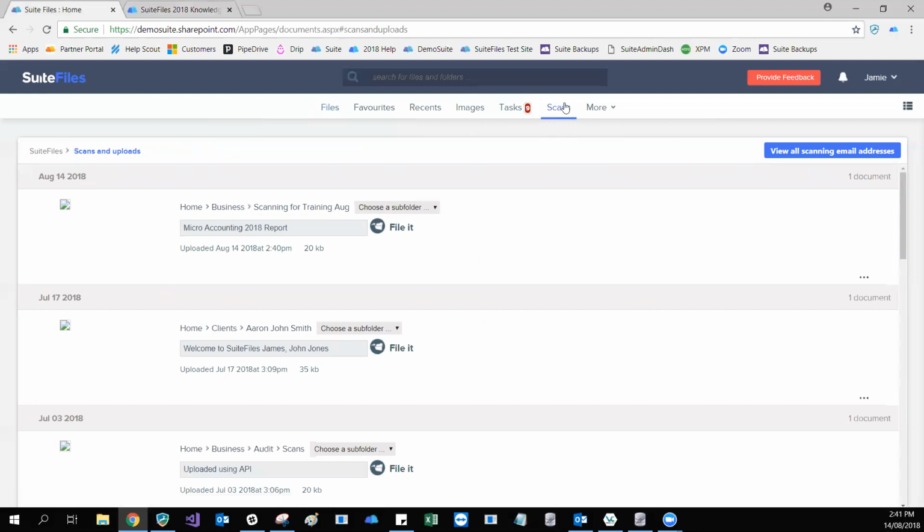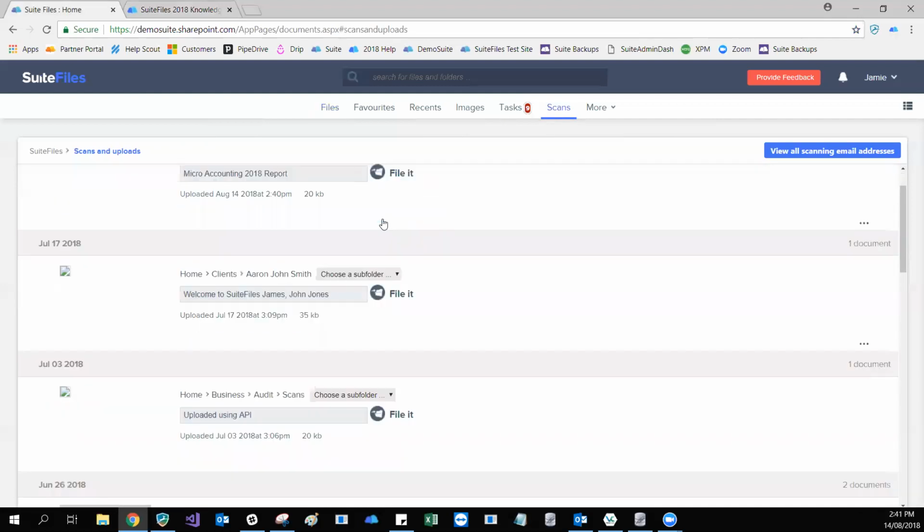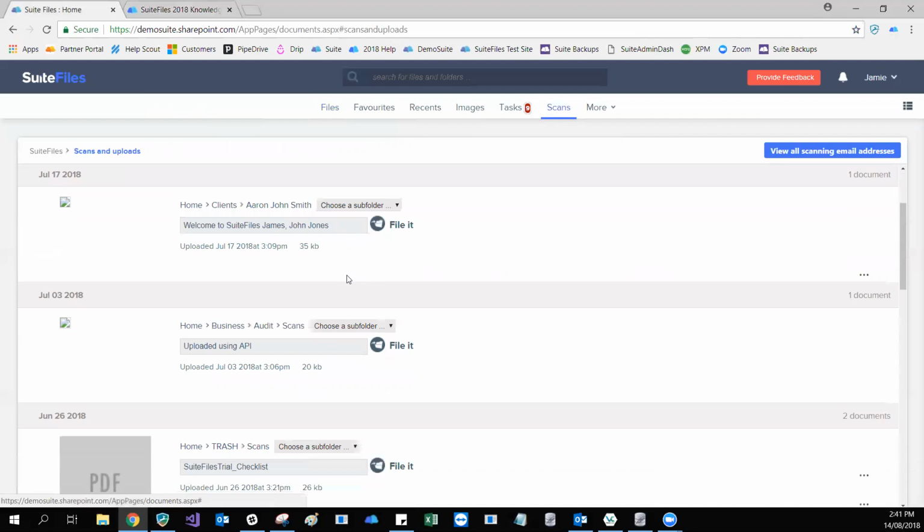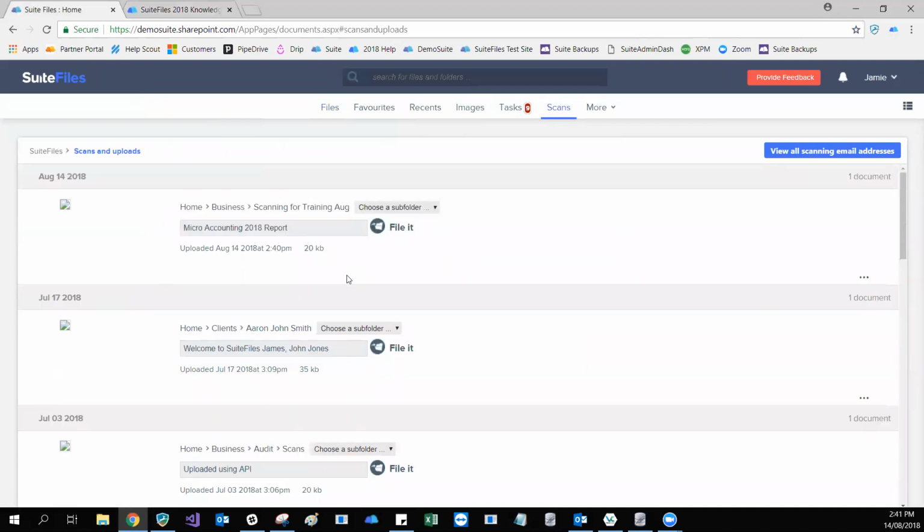So we can see that the file that I just sent, this one here, has already uploaded into that folder, Scanning for Training for August here. And we can see when it was uploaded, which was just a minute ago. Now, what we can use this scan section for, as well as being able to see all files that have been uploaded, regardless of the fact that they're in different folders, is we can change the file name